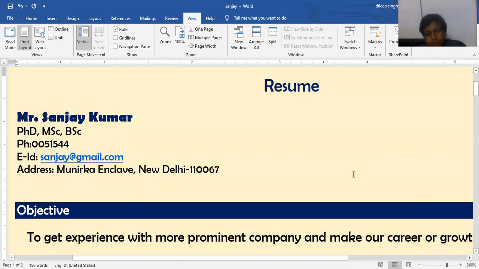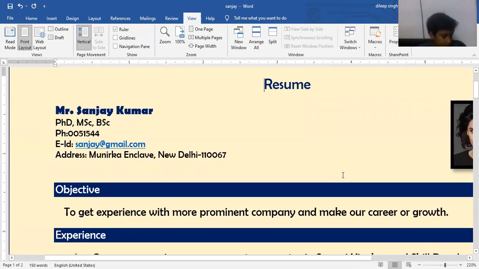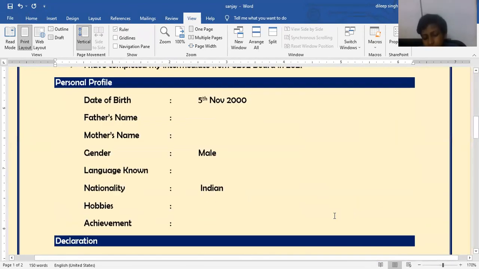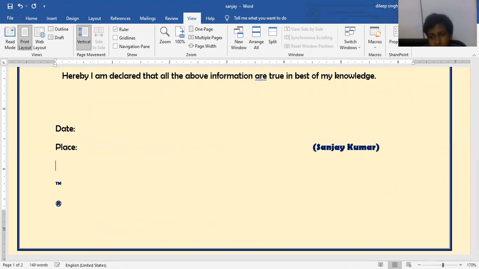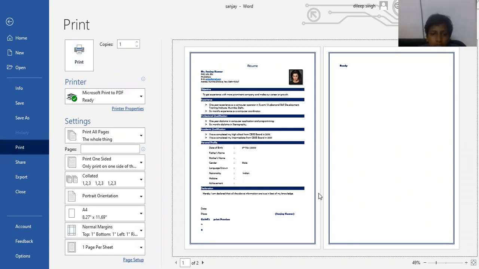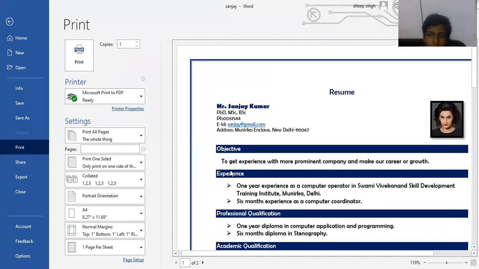And the next option, when we want to take a printout, we have to take the preview. You should press Ctrl plus F2 to take the preview of your document. The shortcut is Ctrl plus F2. F2 is a function button, that is F2 for the print preview. So just press Ctrl plus F2. When you press Ctrl plus F2, you will get the preview of this particular content like this. Okay, and here is the preview of your document.